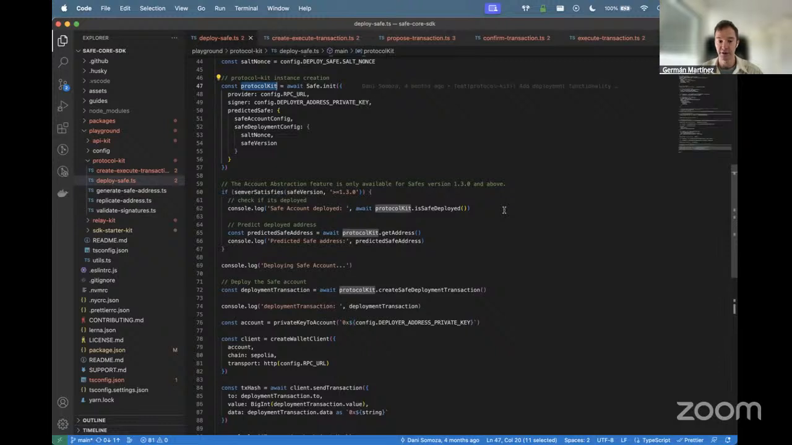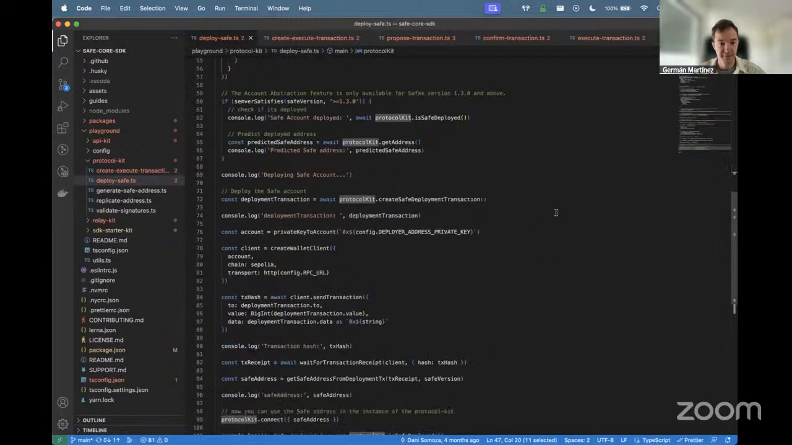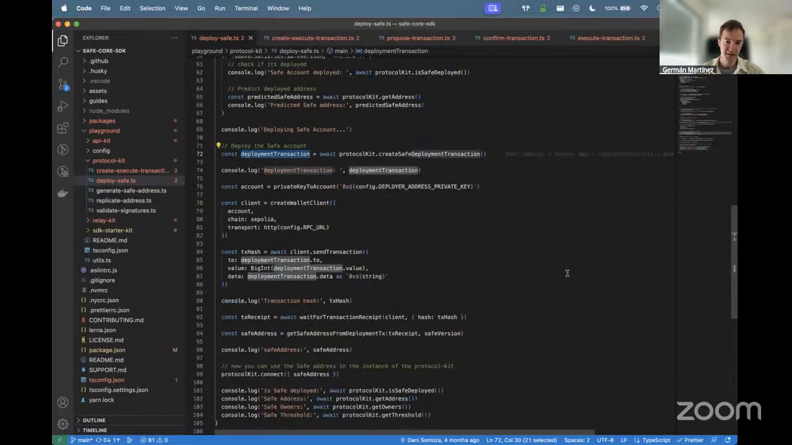Once you have the protocol kit instance initialized, you can have access to different methods, like to check if the safe is deployed or not, to get the address of the safe that is not yet deployed, and some other things. After that, we can call the method create safe deployment transaction that will return a deployment transaction object that later you will need to execute with a signer. And here in this case, we are using viem. So if you have a private key, you need to create an account